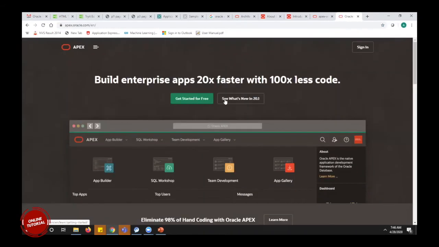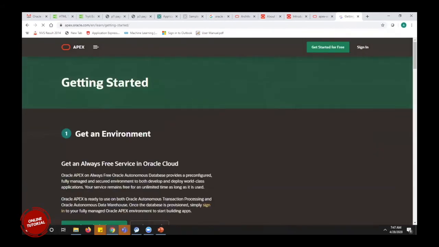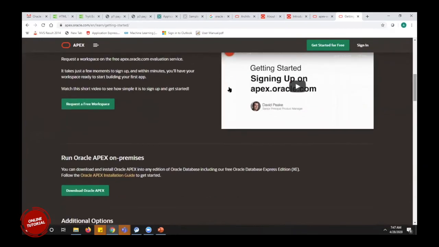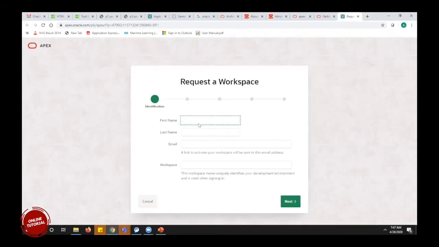If you go to this site for Oracle Apex, you will see Get Started for Free. If you click on that, it will say request a free workspace. You have to give your first name, last name, email address, and the workspace can be anything.